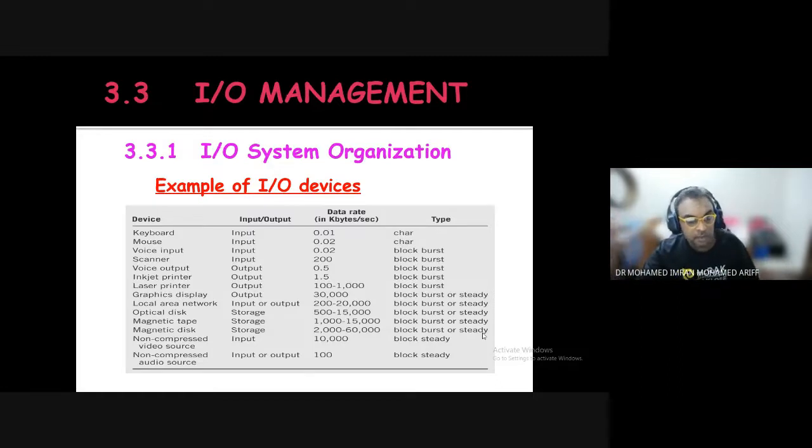The printer also comes in terms of blocks, so it transfers block by block. Each block takes in between a certain number of characters, as you can see here. And the same goes for your hard disk. When data is transferred, it's transferred from block to block.